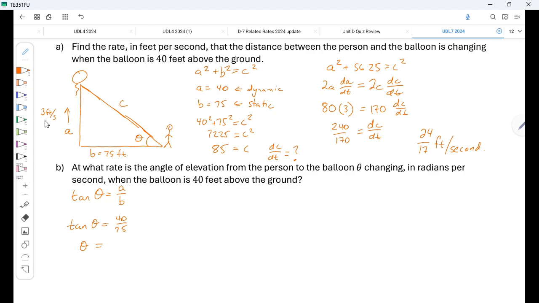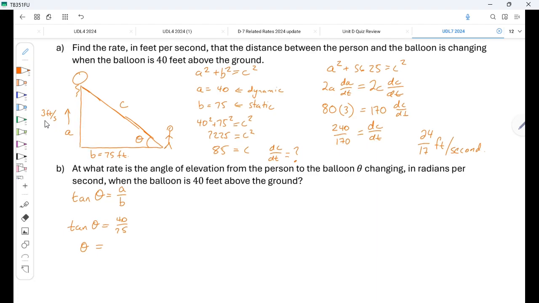Yeah, inverse. That's the whole point of inverse. It tells you the angle that has that tangent. Like, I know my angle's tangent. I should say I don't know my angle, but I do know its tangent. That's what inverse tangents, or arc tangents, are for. So we will do tan inverse of 40/75, which we will go to the calculator for, and we will say